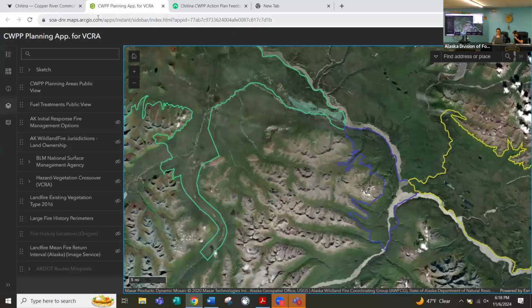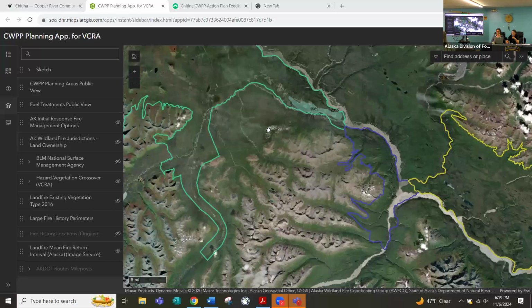All right, I'm going to do a quick showcase of one of the tools that we have on this website. It's a map app that we created off of GIS layers, made user-friendly so that anybody in the public can access this information and use it for planning or general information needs. I'm just going to give an overview of it, and there was a link to this map right on that Chitina page. Every community has a link to the same map.